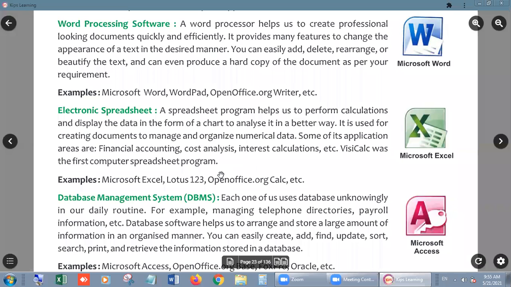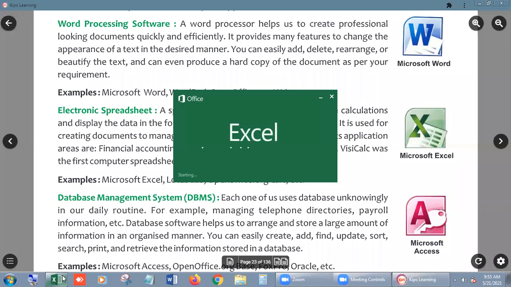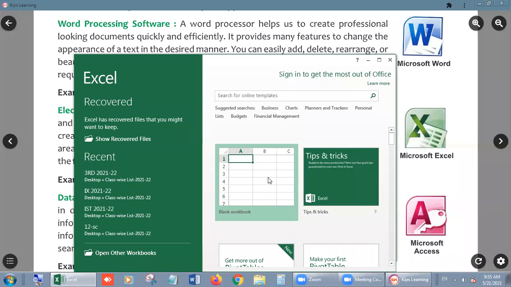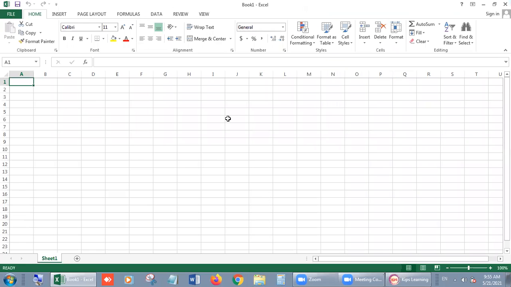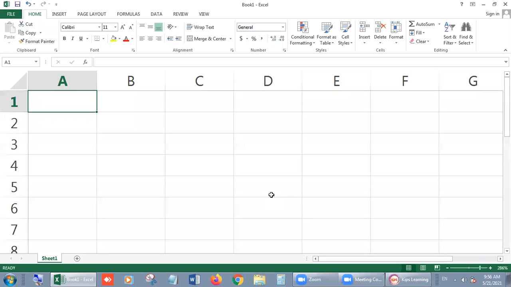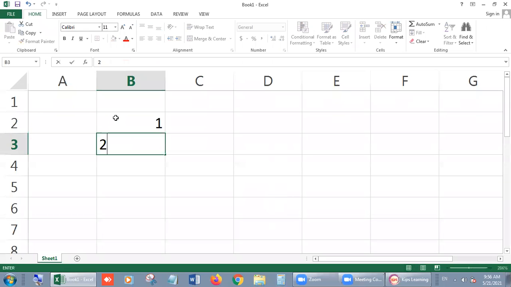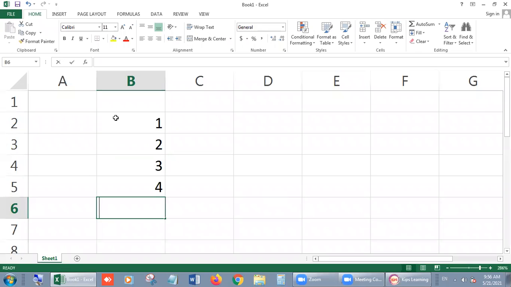Look students, I am showing you this kind of spreadsheet. This is MS Excel, and this is an example of a spreadsheet, right? I'm going to enlarge it so you can see it very clearly. You can write here 1, 2, 3, 4, and 5.